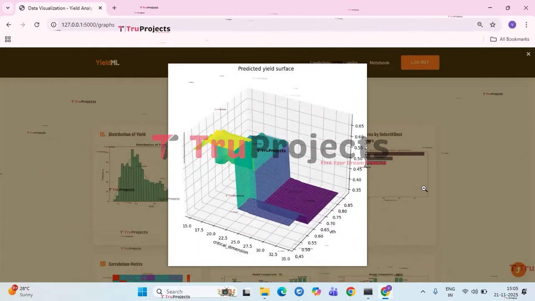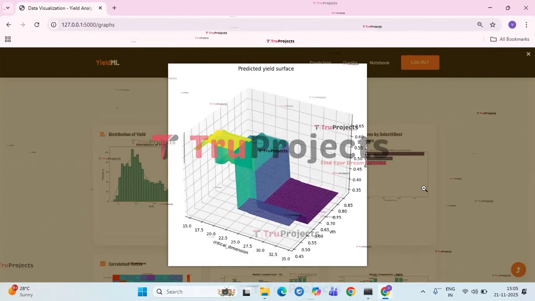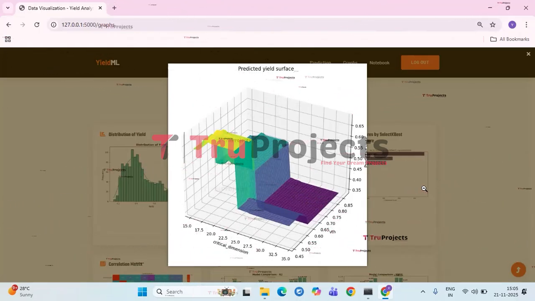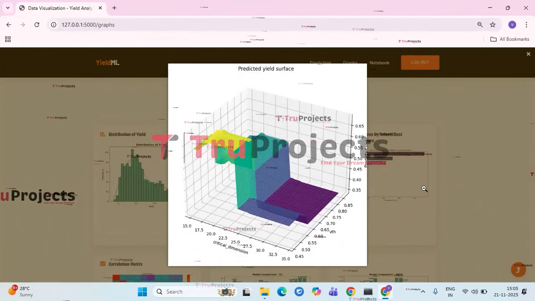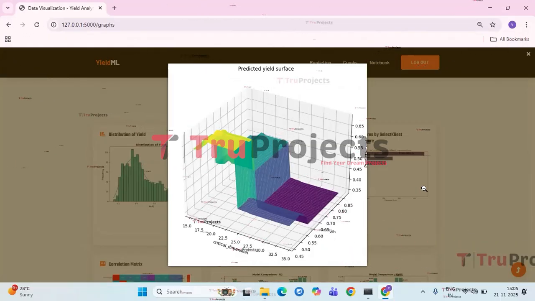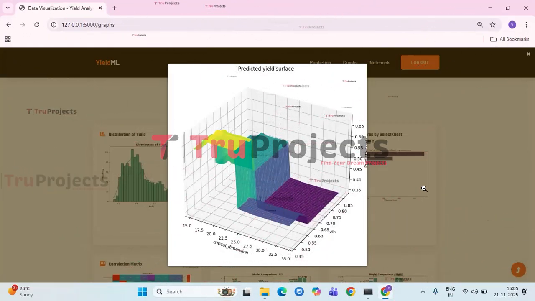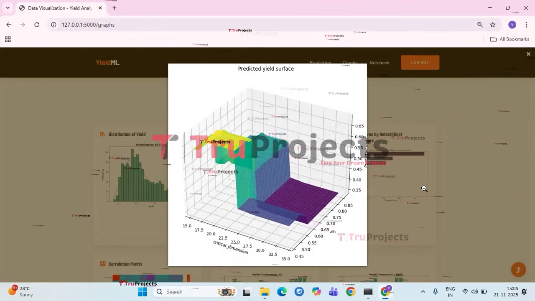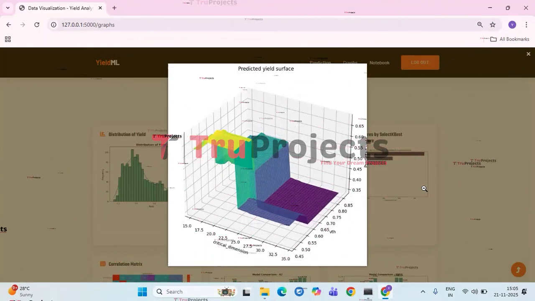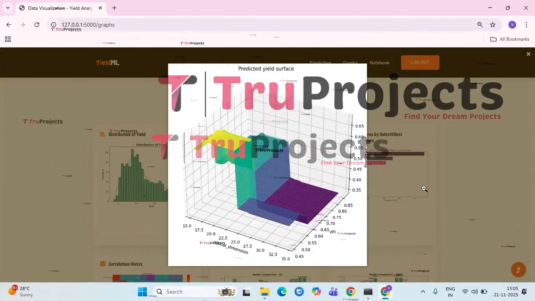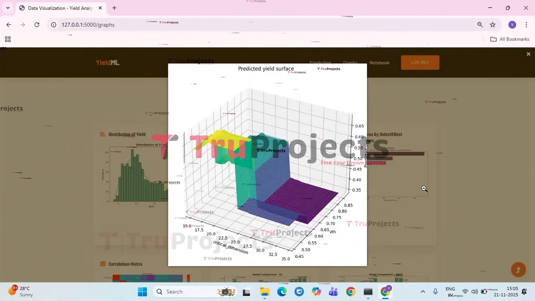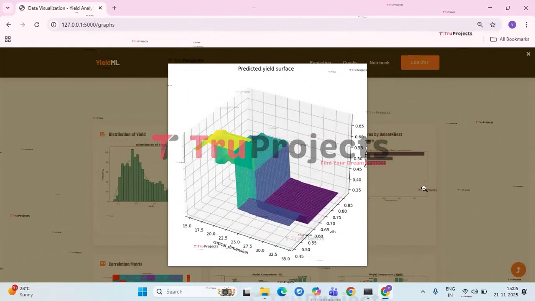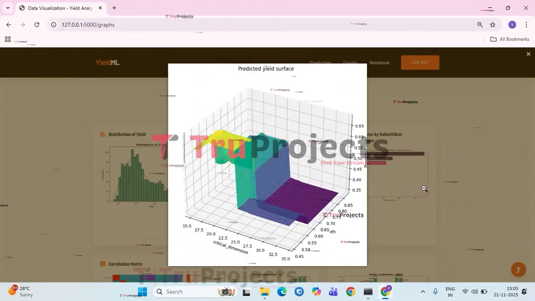The plot shows a distinct transition in yield behavior. When the critical dimension is in the lower range, around 15 to 22 nm, the predicted yield is considerably high, forming a raised plateau with values clustered around the top of the z-axis. As the critical dimension increases beyond roughly 22 to 24 nm, the surface drops sharply, indicating a significant decline in predicted yield. Similarly, as threshold increases along the y-axis, the yield gradually decreases, especially in the region where the critical